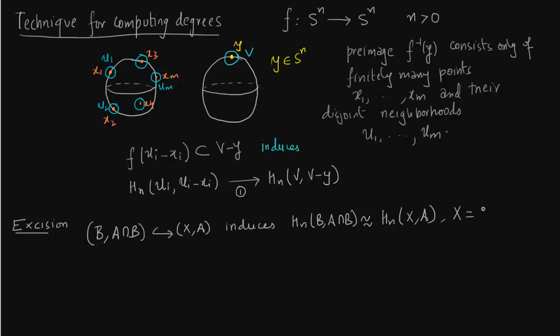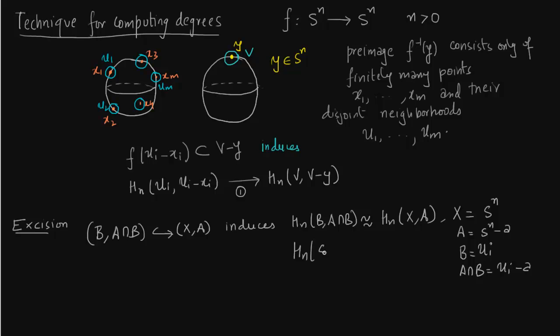So say X is the sphere Sn, A is Sn minus a point a. B is just say ui, a neighborhood of point a. So A intersection B will be ui minus a, and therefore we will have